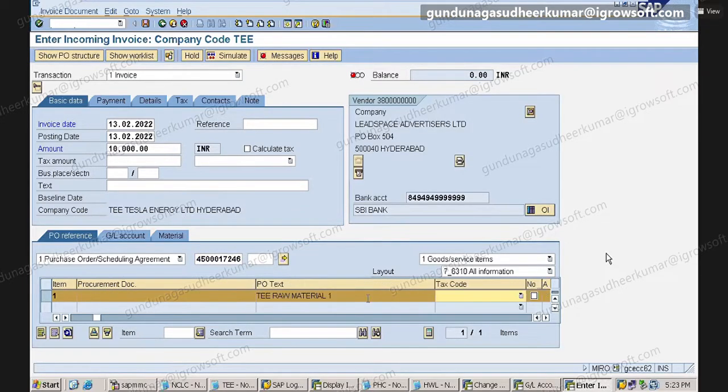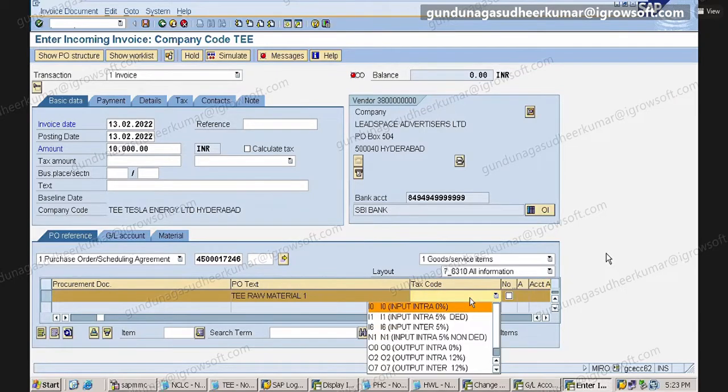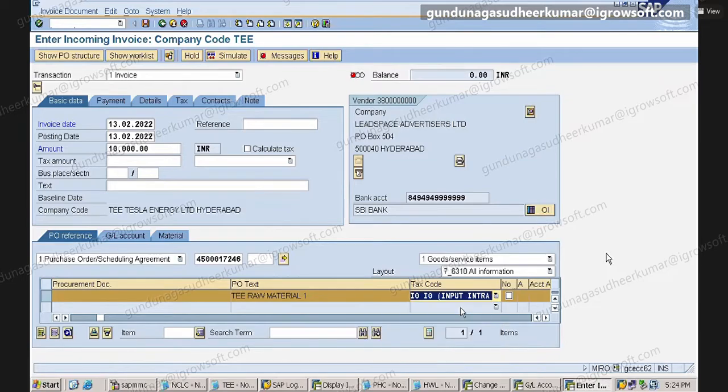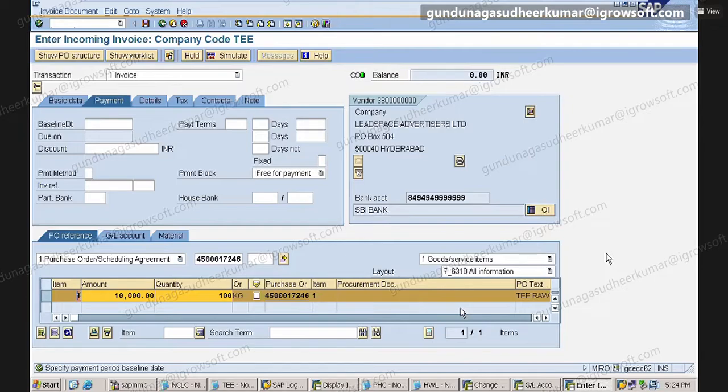How much? 100. Tax code I0. Now you see it turned green. Payment term, baseline date, I'll give 0001 or whatever. So we have received the invoice for 10,000 rupees.